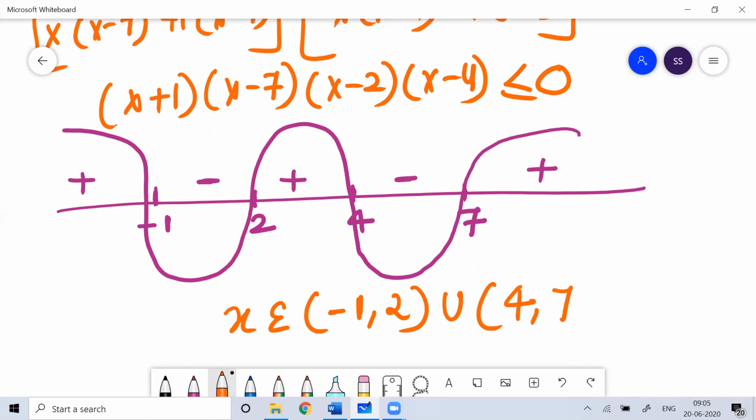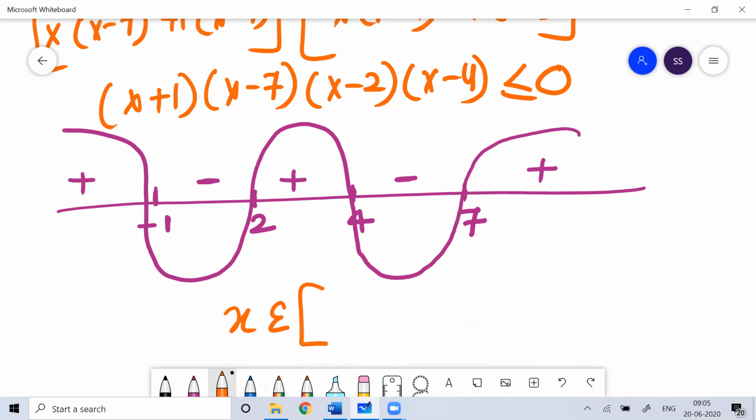One minute, what I'm writing. So here the value of x, this is less than or equal to, right? The value is less than or equal to. So the value of x, the negative value, should be from minus 1 to 2. The value of x would be from minus 1 to 2, then union of, then it should be inclusive. All these values should be inclusive.